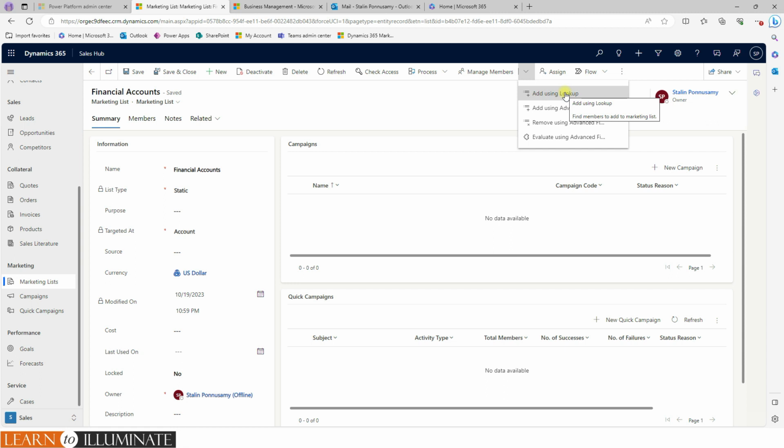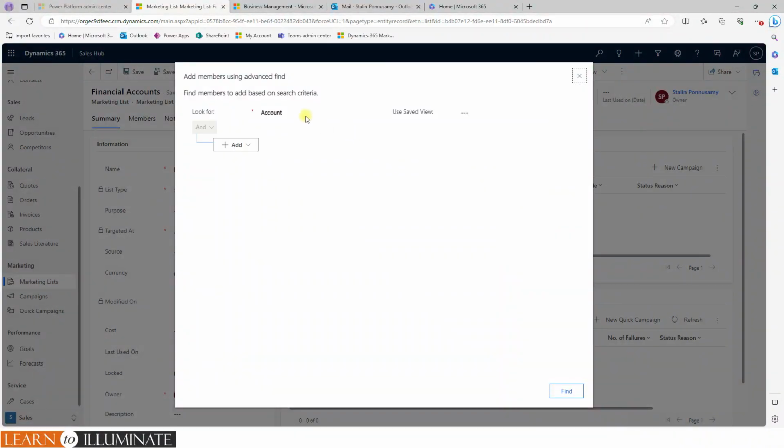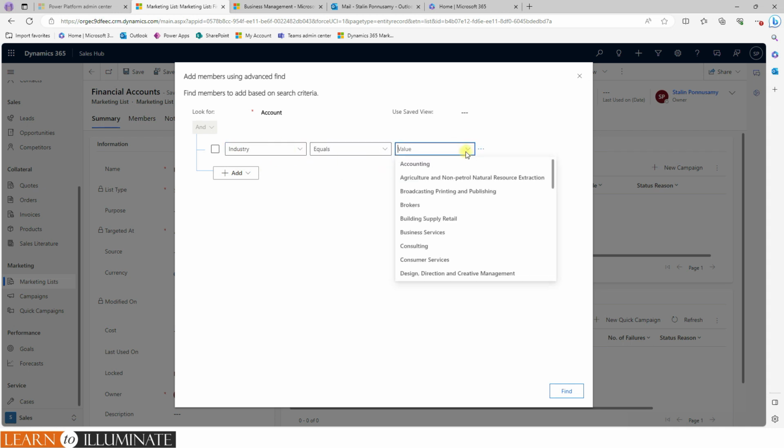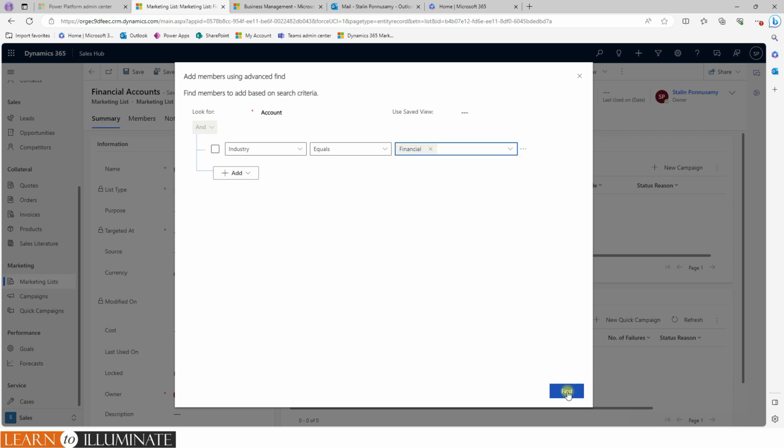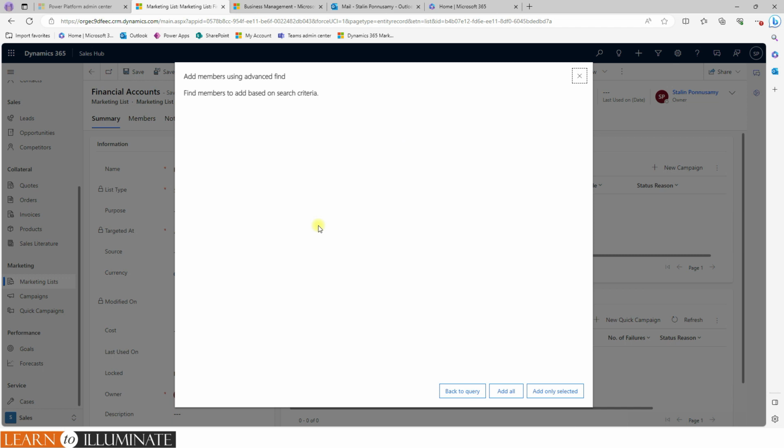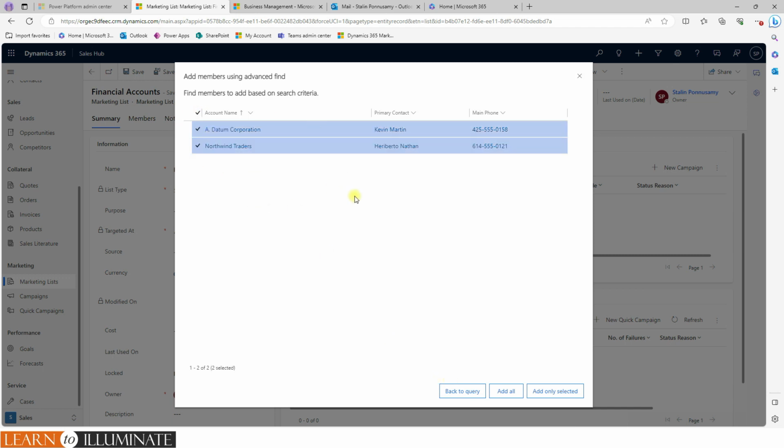With lookup, you can select them one by one, and using advanced find, I can set up some query. Add a query. So here I add industry equal to financial. So let me find,